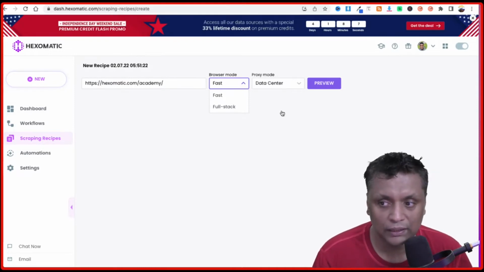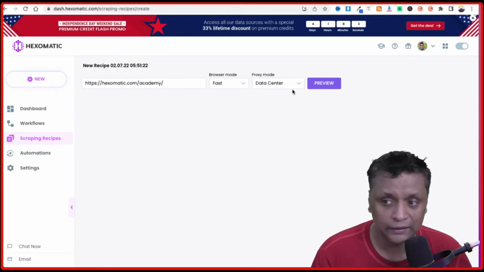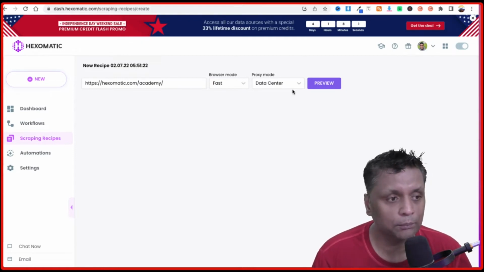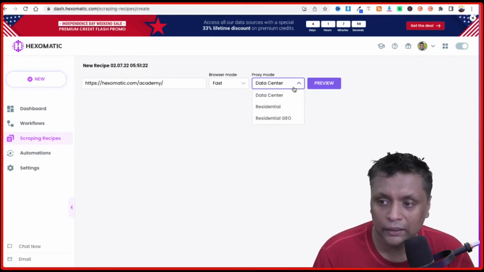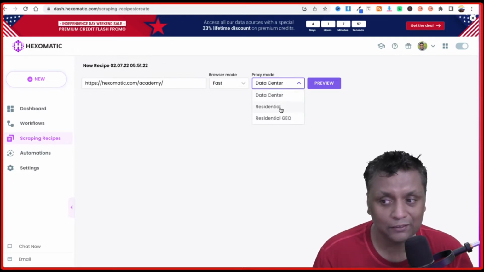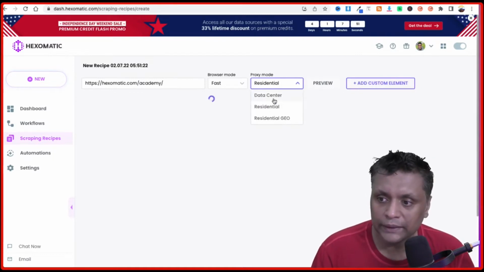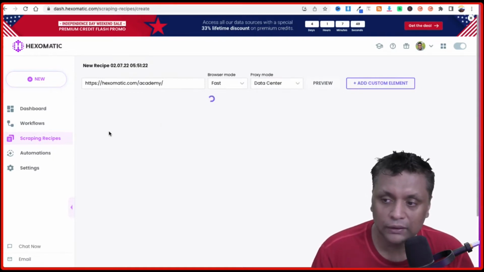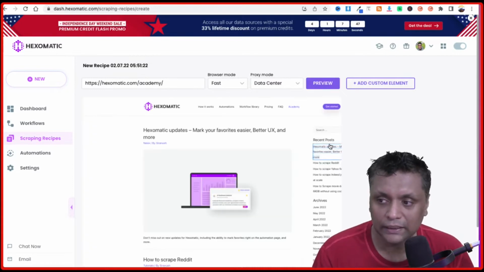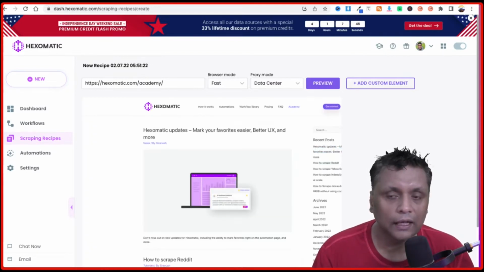You can choose the fast mode, and there is a full stack as well. And then the other option is the proxy mode, and under proxy mode you have got the data center, residential IPs, and residential geo IPs. So with the data center mode chosen, it is automatically going to assign different IP addresses.